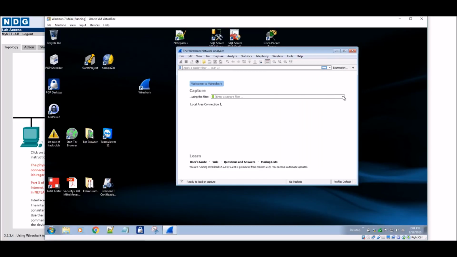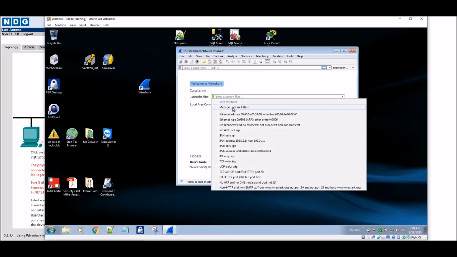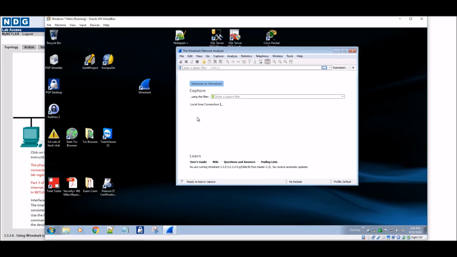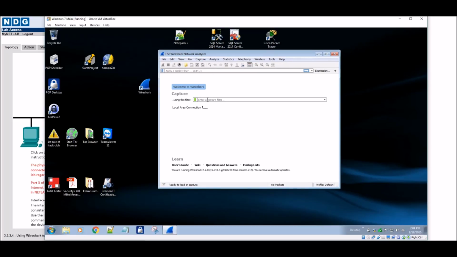And I can drop down and, well, I don't have my filters yet, but I can manage filters. There's my Ethernet. I'm working in a VM here, so it's a little bit different that I'll have to connect it to. But that's the Wireshark on getting that installed. And next, I'm going to switch over to the NDG Lab, which already has computers with it installed, and it makes it a lot easier for me to video this.